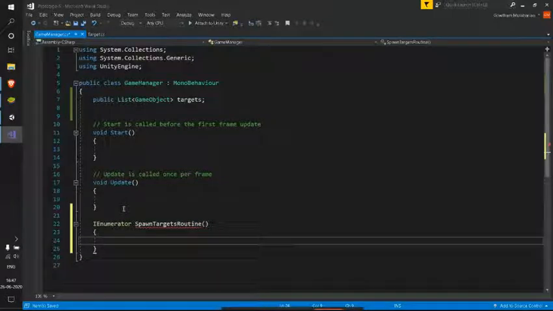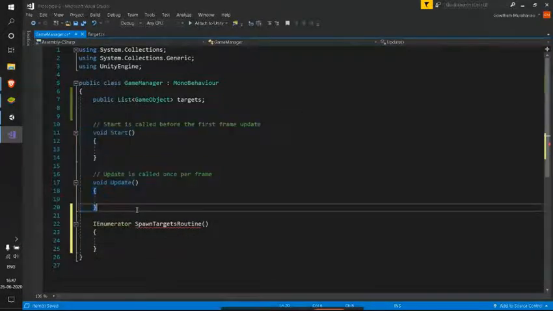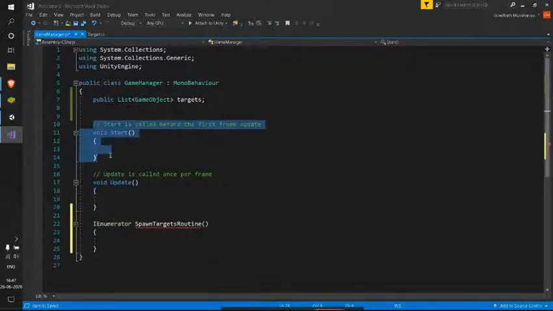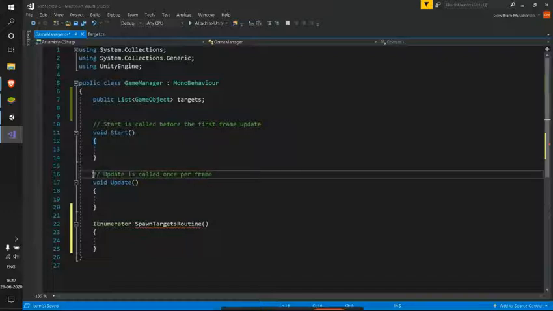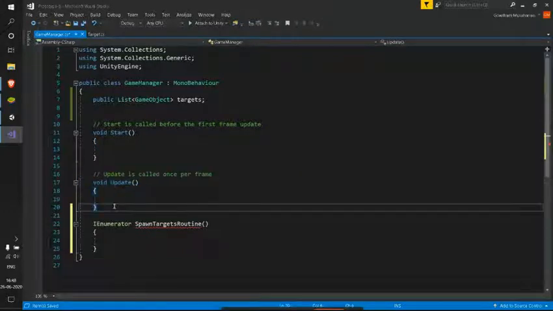Why do we need these routines? We want to count time other than this Start and Update, right? We want this particular execution to happen separately, outside of this Start and Update loop. As we know, Start will be called only once in the first frame, whereas Update will be called one time per each frame, right? So basically this is a loop.